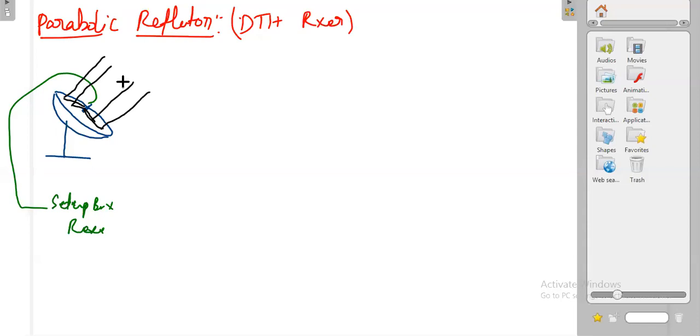Even if you tilt your antenna by 1 centimeter above, below, or to the side, definitely you will not get the signal, because there has to be a line of sight between the satellite and the parabolic reflector. If you are not maintaining the line of sight, that means you are not maintaining the directivity. The beam is very, very narrow. So the directivity of the parabolic reflector is very, very high because it is long-distance communication. Whenever you have long-distance communication, the directivity is very high. That's why even if you tilt your antenna by a small amount, you will not get the signal.